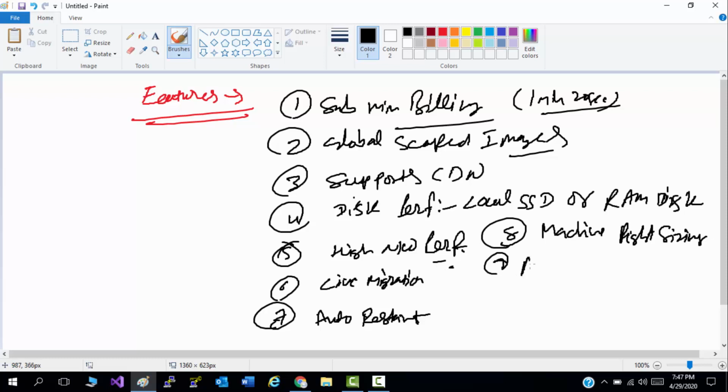Number nine is automatic discount on committed saving. For example, if you use preemptible VMs, meaning resources which are free in the Google data center, you can take those resources at lower charges, and Google can take them back or revoke them anytime.